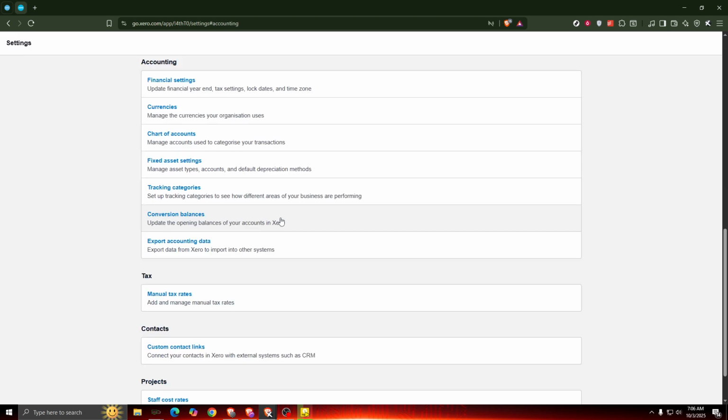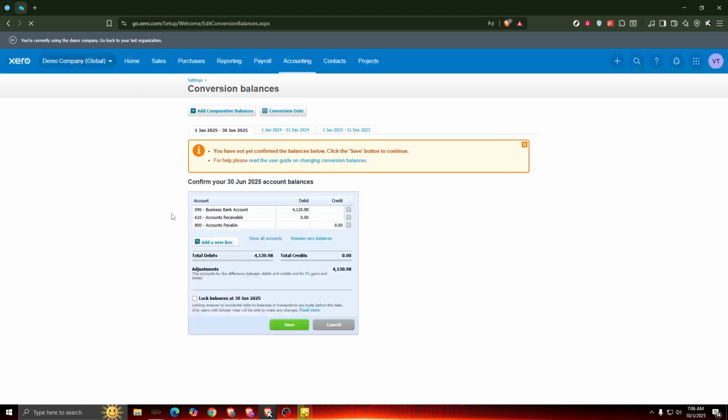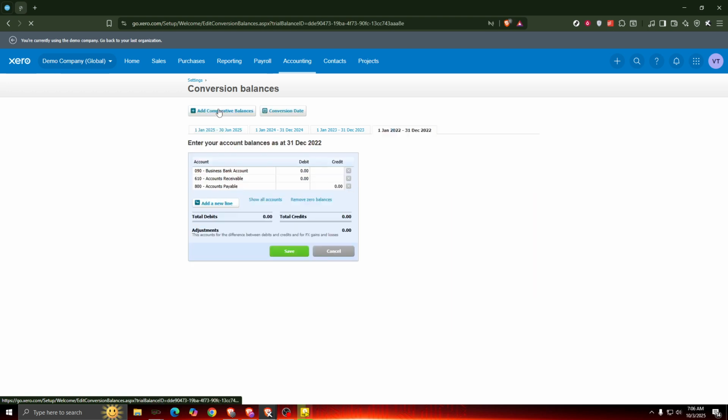Here, look for an option titled Conversion Balances. This is where you'll be inputting your bank account conversion balances. Click on Conversion Balances to head to that section. Within this area, you'll find a button or link labeled Plus Add Comparative Balance. Click on this to begin entering your balance details. This section allows you to input the comparative figures from your previous accounting system that you want to carry forward